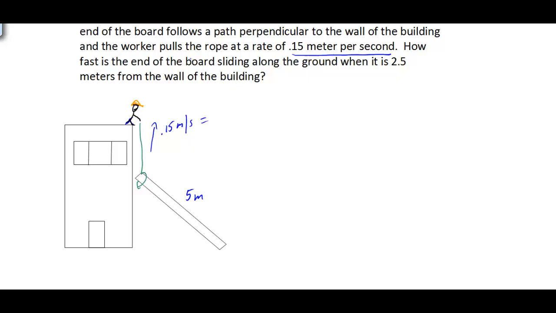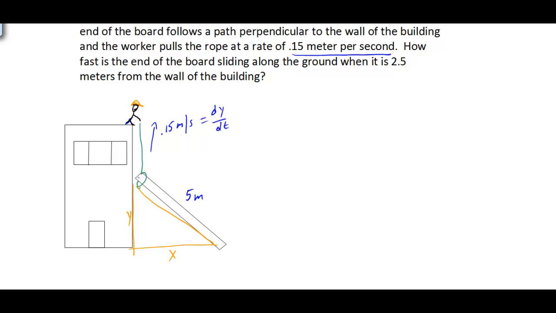What's the rate of change representing here? Well, if we draw this and look down here and think of this as a triangle, and think of your X and Y axis. If we think of this as your X axis and this over here as our Y axis, then we're pulling this rope at 0.15 meters per second. So that could really be representing our dy